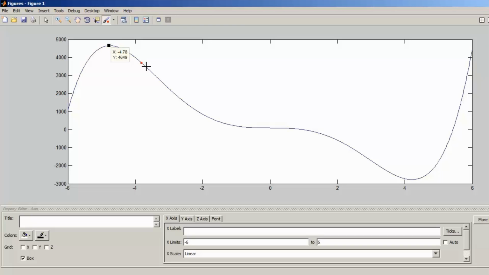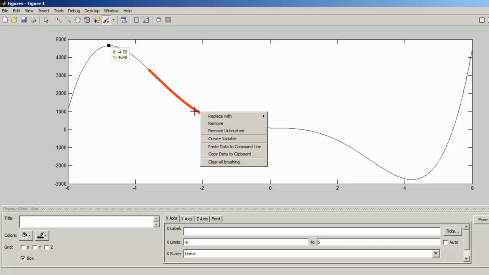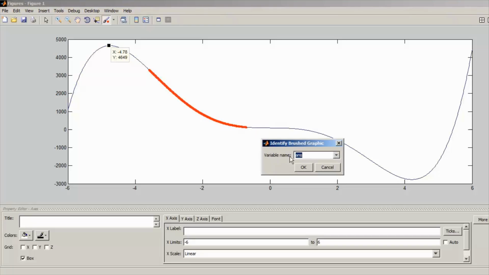We can color the data points here like this. So as you can see, we can almost do the whole line as well. And then we can use this to create a variable from these selected data points. So we create a variable. It will ask us what variable we want. So we will say var_plot and we will click OK.